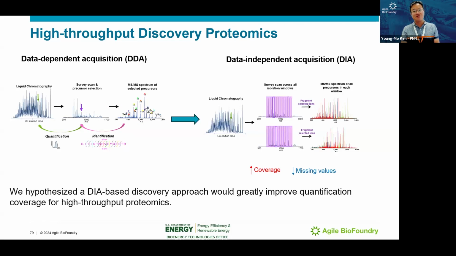Then that is our improvements. Nowadays, all the chromatographic technology and mass spectrometry sensitivity has increased a lot. Previously we used data-dependent acquisition, the more traditional way, but now we can do data-independent acquisition. So we can increase coverage, lower missing values, and also reduce the separation time. We still keep improving this capability to capture more. Next slide, please.